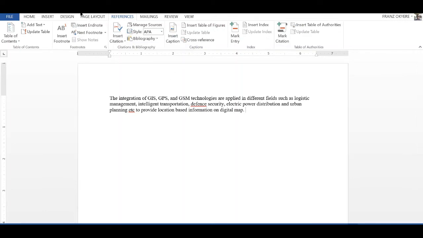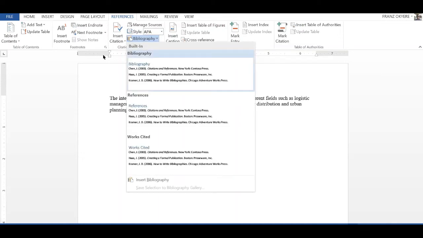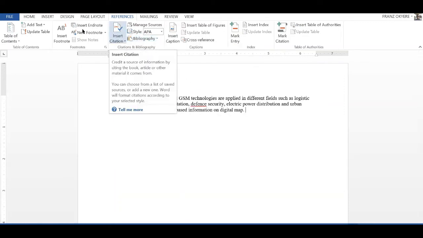We need to go to references and then study a few things. Here are our sources. The sources are the very reference list. The things that make up the list are the sources. So the complete description of the material is the source. The style, you can see here, the bibliography is the list. Which means that there's a way of generating the reference list, and we use this pull down menu to do that. There are different ways that we can do it. You can do works cited, references, bibliography. They are all just different ways of pasting it.